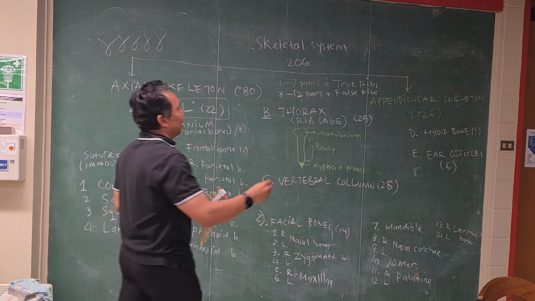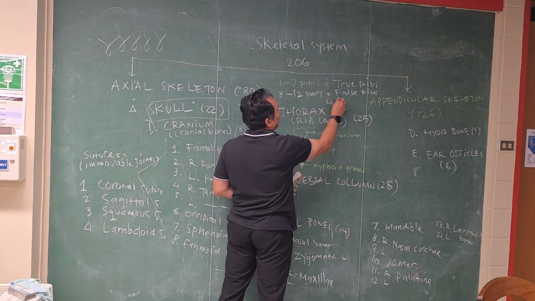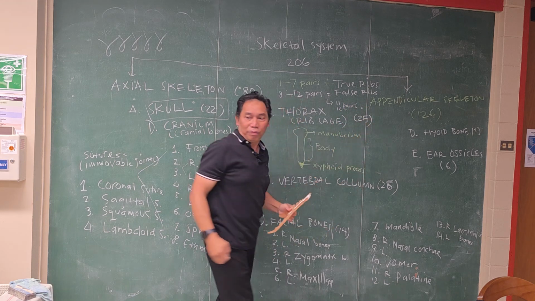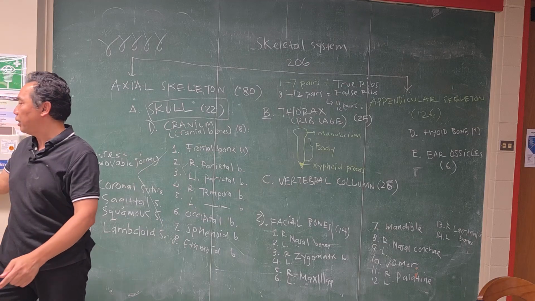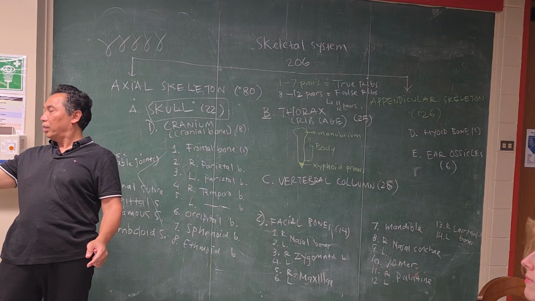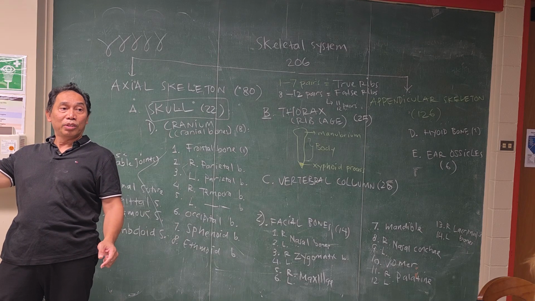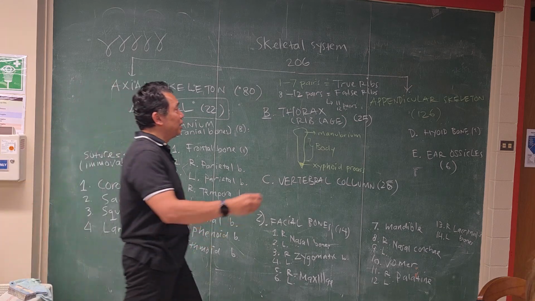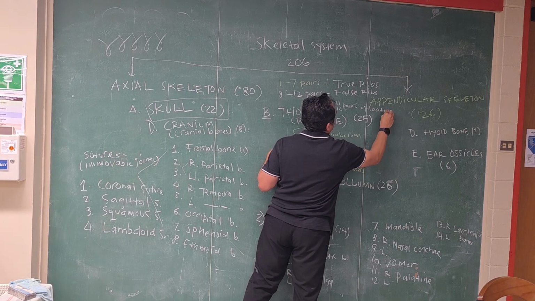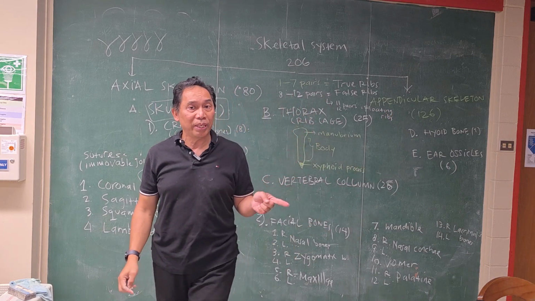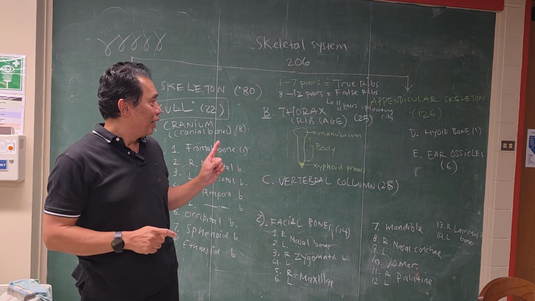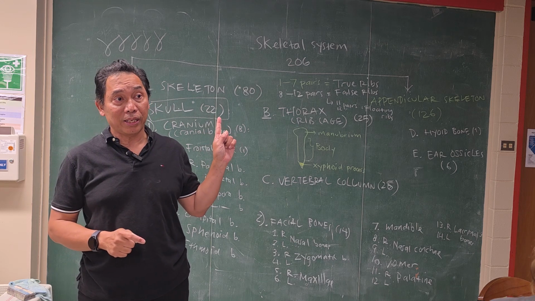Now, number 11. So this one, false rib, especially number 11 and 12. Okay, pairs number 11 and 12 do not even touch the ribs above. It is floating. So 11 and 12 are floating, and they also have the name floating ribs. It's actually false ribs that are floating. Therefore, it's called the floating ribs. Okay? That's the ribs, or the rib cage, or the thorax.